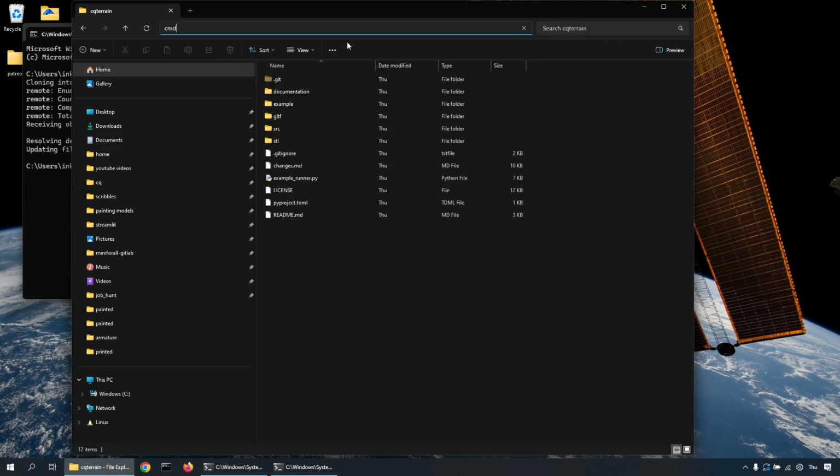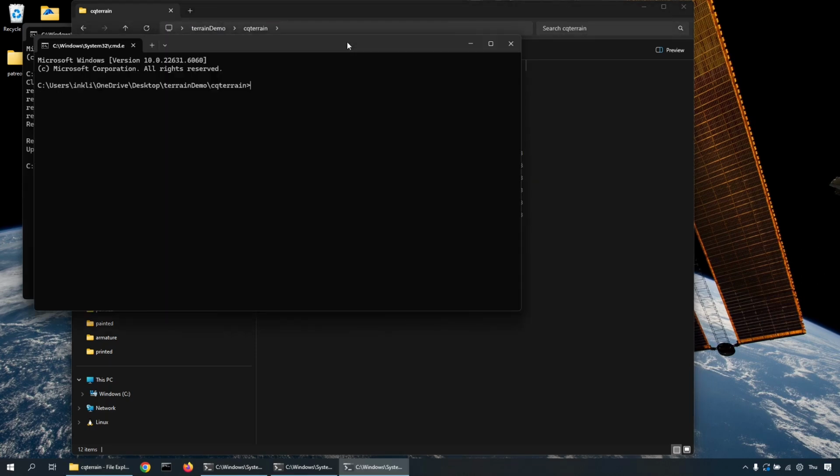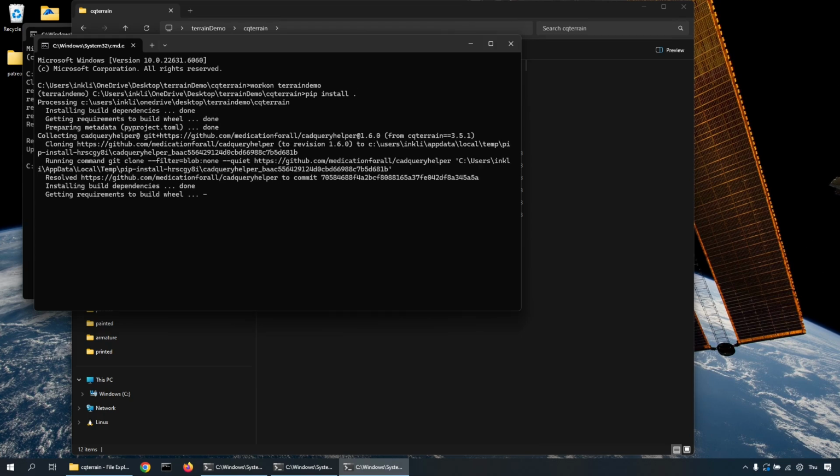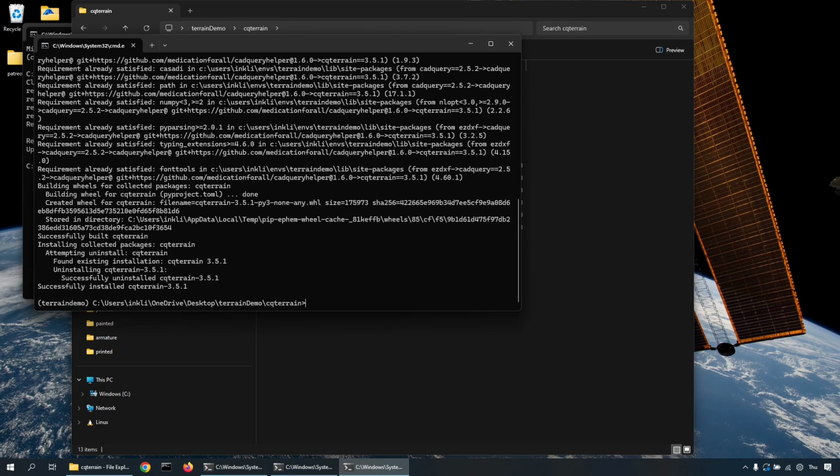If I go into here and open a command line, the working project is terrain demo at the moment, I think. Yep. If I do a pip install dot, this will do the installation as if we had done the previous one, but it's going to do it from a local reference from this repo. Okay, that installed the dependencies for the library. And now if I do a pip freeze,